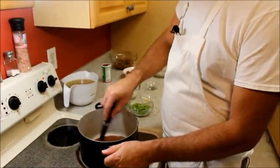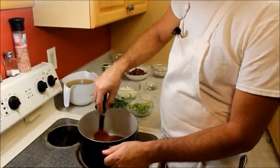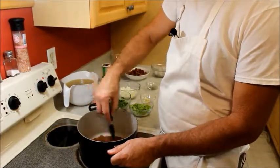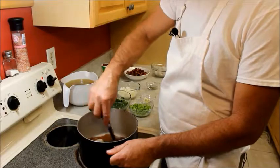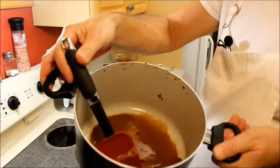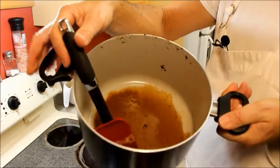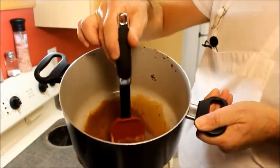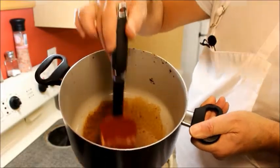Alright, this has been about 17-18 minutes now. I want to show you what this looks like. We're just about at, I'll call this, the milk chocolate stage. And I did have to turn my heat down just a little bit as it got darker. You see that? I'm not sure if it's as dark on camera as it is in person, but this is almost like a milk chocolate